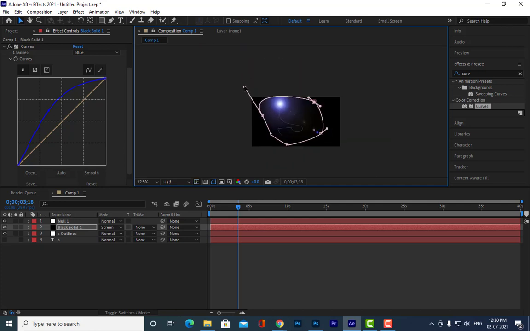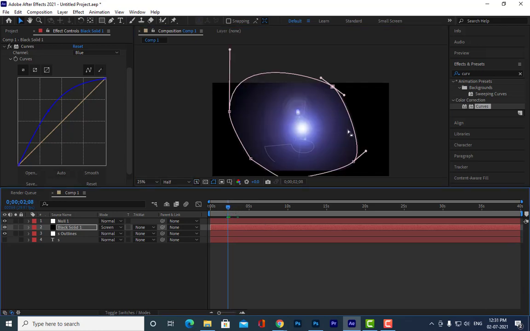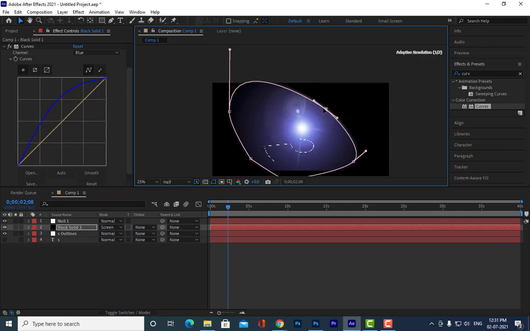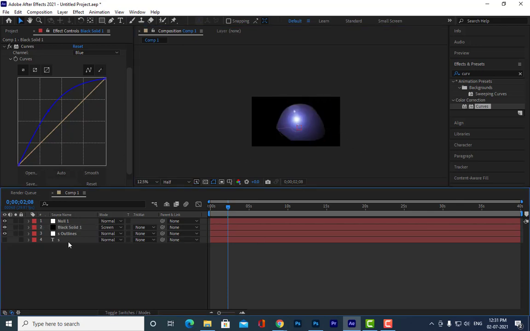Are you all able to understand this? We have to animate the mask also, so that is another time consuming thing, because we have to animate the mask path here. If you don't like this mask, you can ignore it.